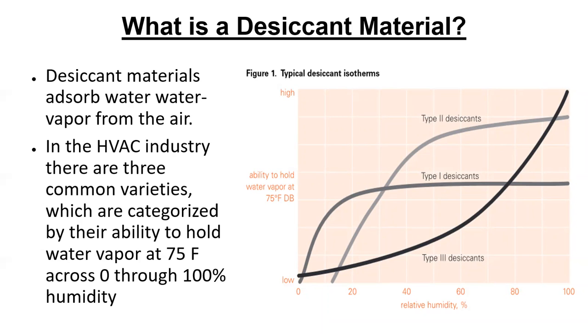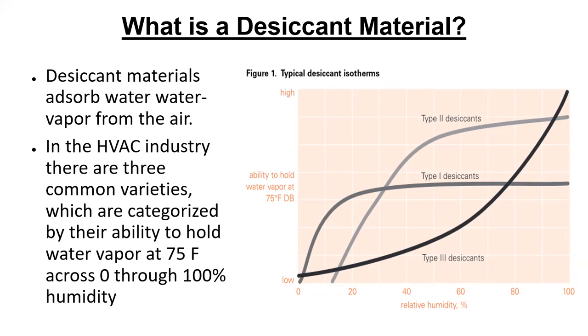Okay, so the type 3 down on the bottom, when the relative humidity is low, like 0, 10, 20, 30, 40, 50, even 60, that desiccant can't hold very much water vapor. But if you put it in an airstream that's like 80 to 100%, it can hold a boatload. That's where it really shines. If you put it in 90, 95%, it's the highest performing of the desiccants, because it goes up close to around 100, above the other two.